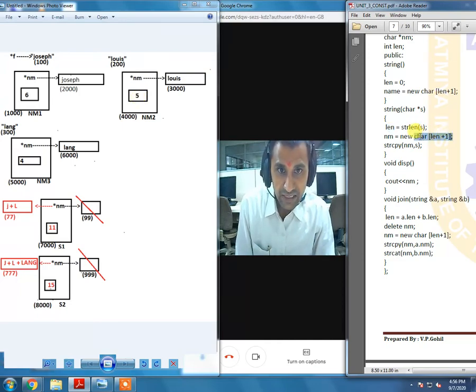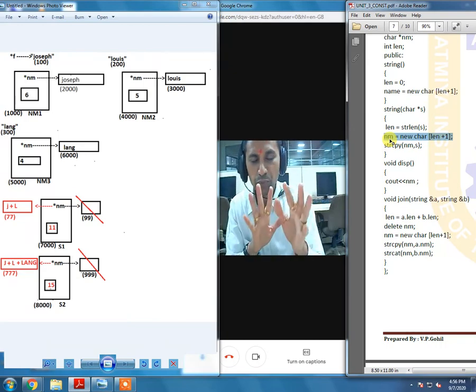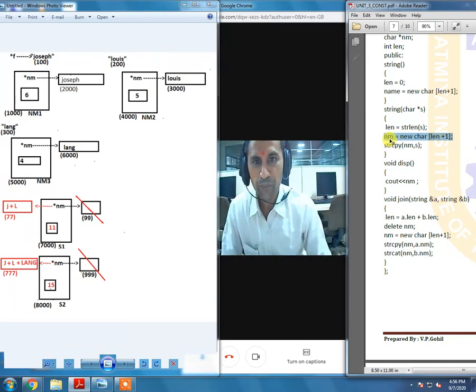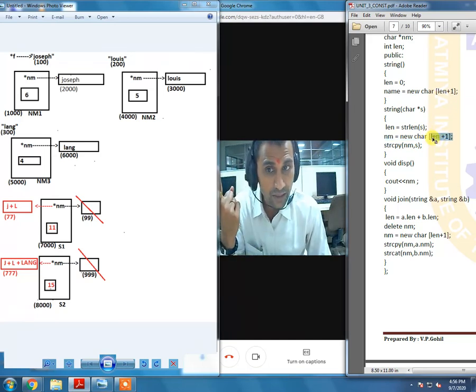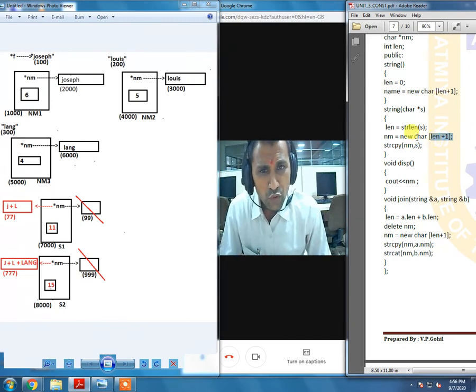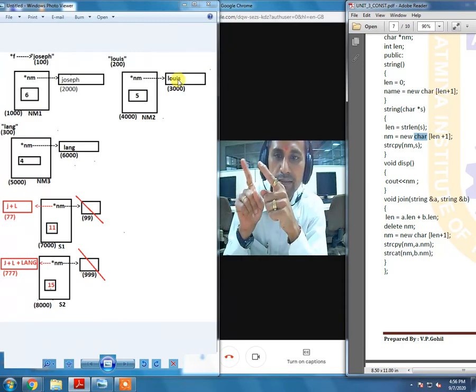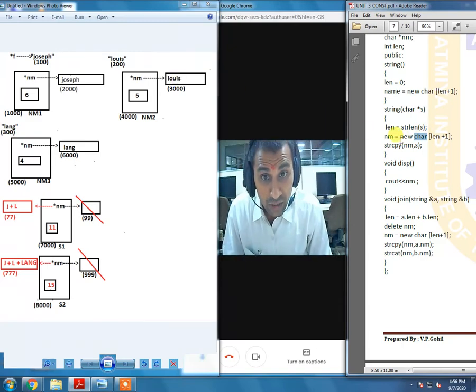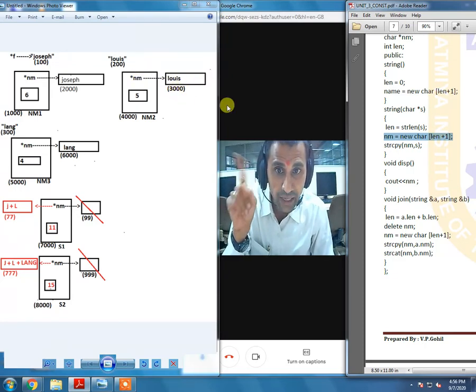Okay, once again, dynamic memory allocation using new. We are supposed to execute the statement in a reverse manner, from right to left. That would be easy. That would be very comfortable for you. Okay, first of all, we are asking for a size of 5 plus 1, 1 for the null character. So we are supposed to get a block to store 6 characters. That is how the compiler has assigned us a block. The starting address of this block is going to be assigned into name. Is it done? A new block is created and the starting address of that block is assigned to nm.